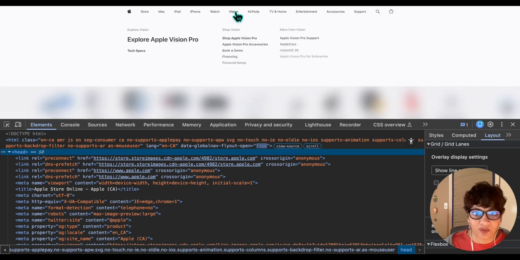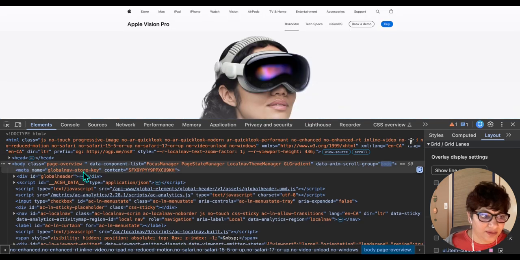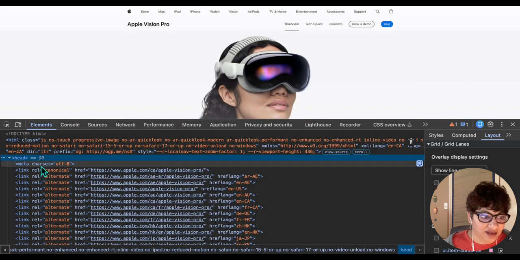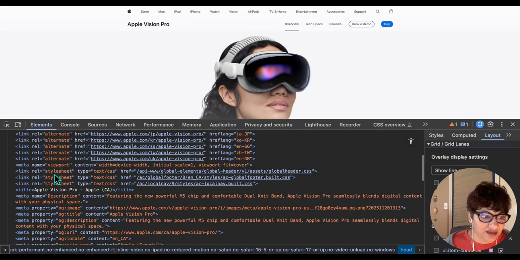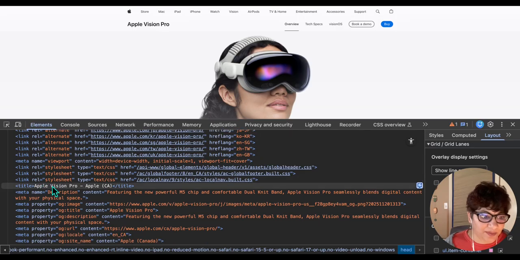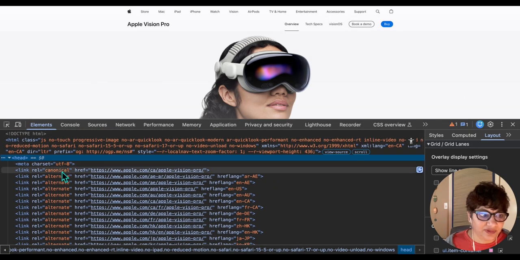Let's do another random one, Vision. And I go back into the head, and you can see that my title is saying Apple Vision Pro, Apple Canada. So it seems to be unique for all the different pages, which is a good thing. So the title is in place and it is unique. The language attribute is present